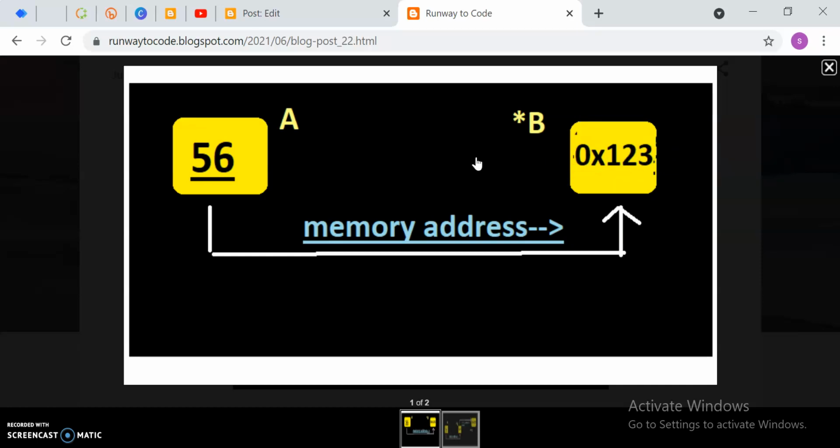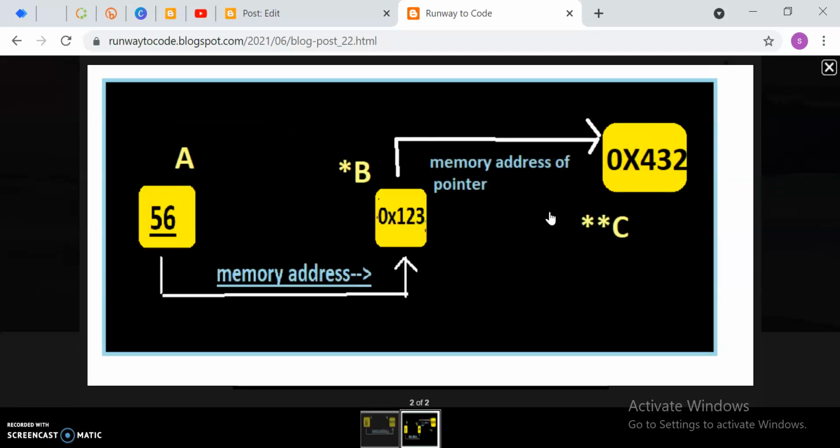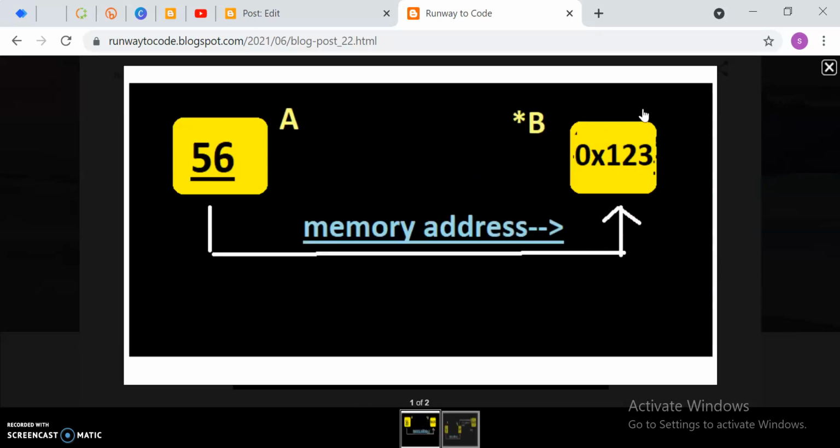Okay, and if I want to access this memory address, or I want to know the memory address of this 56 or variable a, so I make a pointer b by simply writing star b, and assigning the address of a to this pointer b.